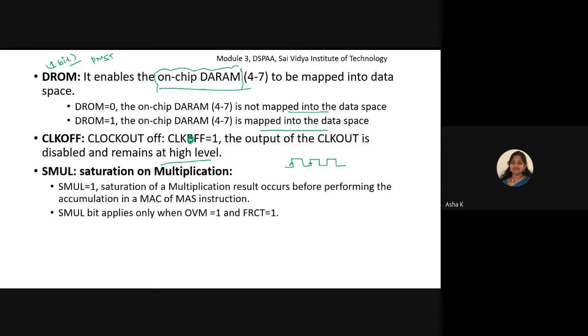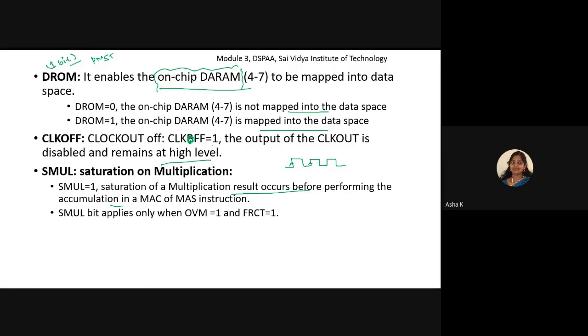And we have one more bit that depends on the multiplication operation, that is the performance of the multiplier, SMUL, saturation on multiplication. Saturation of a multiplication result occurs before performing the accumulation in case of the MAC, multiply and accumulate unit, and in case of the instructions we are using, multiplication with subtraction or multiplication with addition.